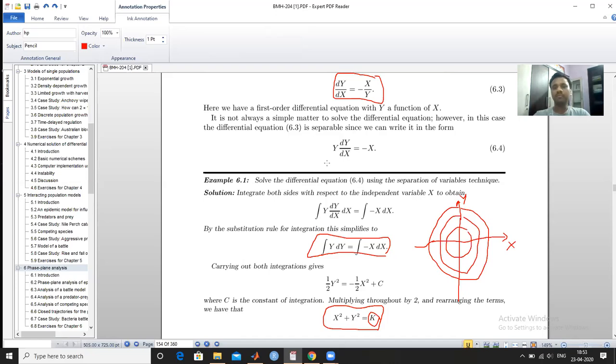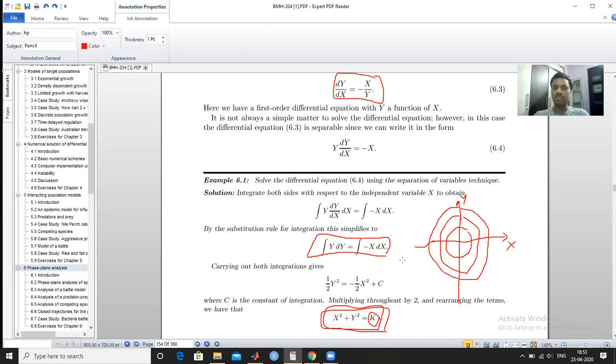Means we can't find out this type of relationship between x and y. So we can find out what will be the direction, but there is again an issue. This is the relationship x square plus y square is equal to k, but we don't know, because these are the trajectories plotted with respect to the time, whether the direction is from this to this or this to this. Means these curves are given as clockwise or anti-clockwise. So to find out the direction of the trajectories, we have a scheme.